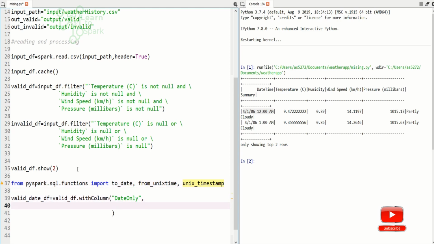Let us define the function. So now I will give toDate, and in this toDate I will use from_unixtime.